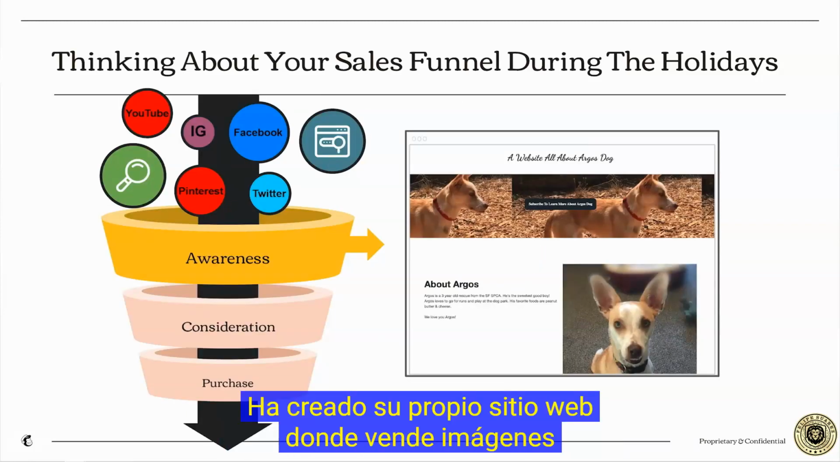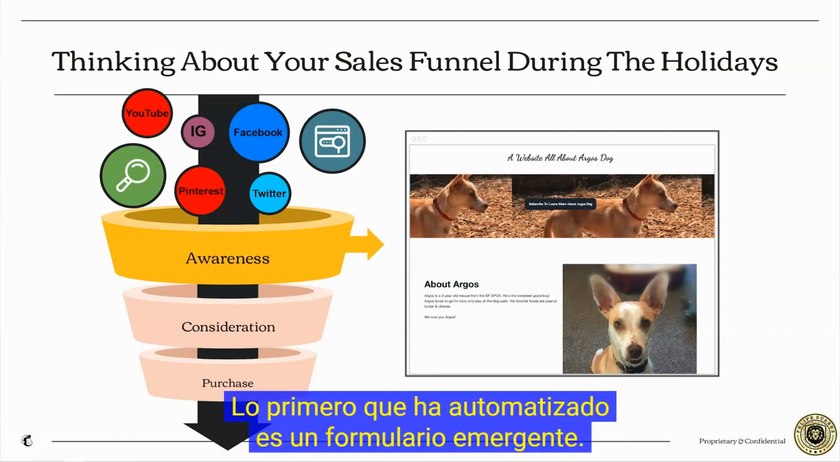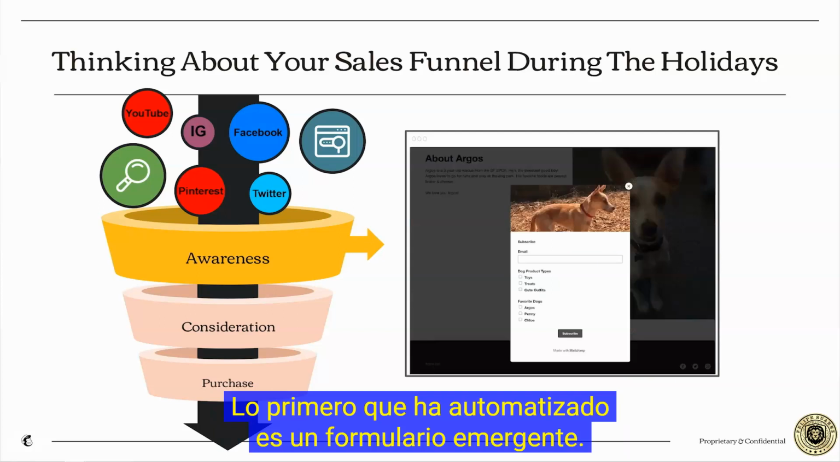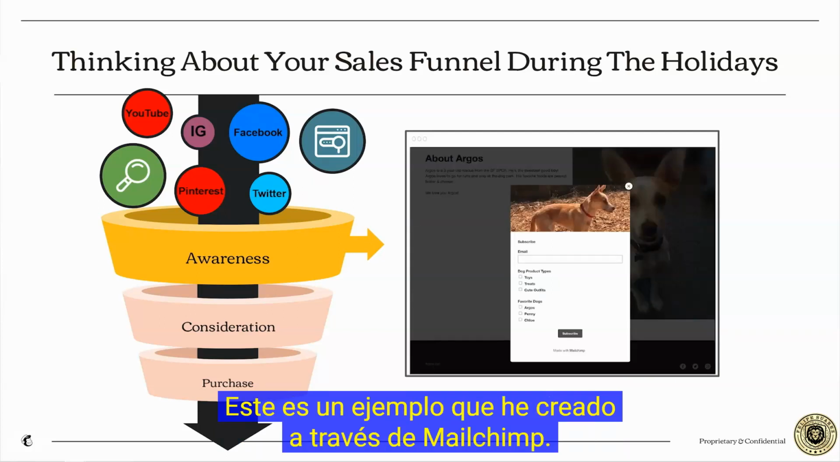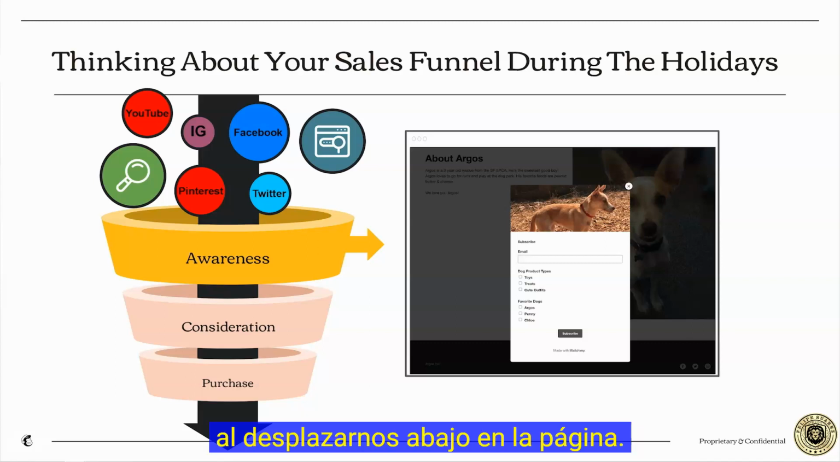Argos has built out, he's a very advanced dog. He has built out a website for himself where he sells pictures and he sells dog toys and treats, I guess things dogs are interested in. The first thing that he has automated is a pop-up form. This is an example of a pop-up form that I've created through Mailchimp. It's automatically on the website when it triggers. The one that I set up here, it triggers when someone scrolls to the bottom of the page,